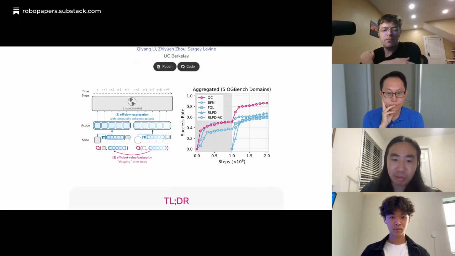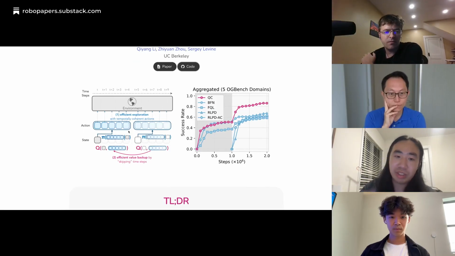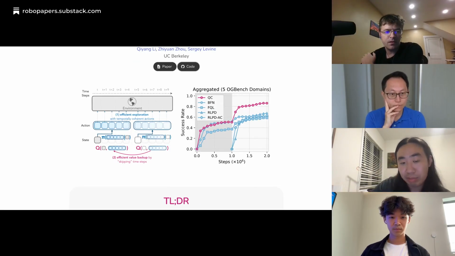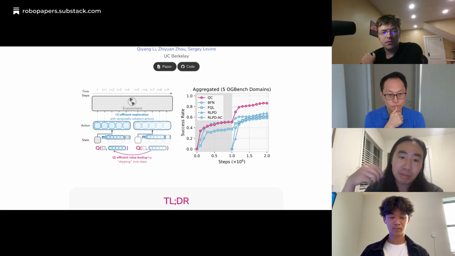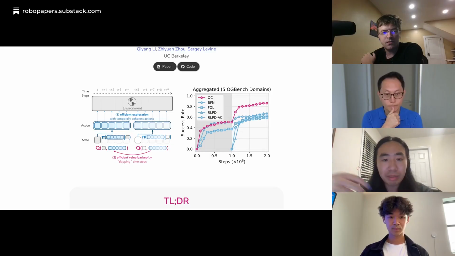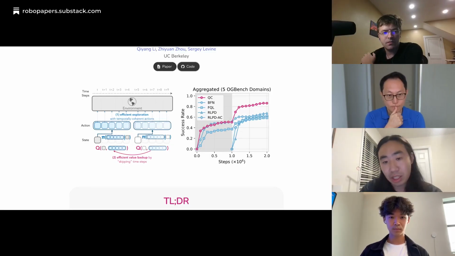As we'll talk about in a bit, we'll show that this actually leads to better online exploration. And this is mainly due to the fact that action chunking policy would exhibit temporally coherent actions. And something a little bit more specific to the Q learning framework that we're working with, learning a Q function that's taking the entire action chunk actually leads to better or faster value backup.